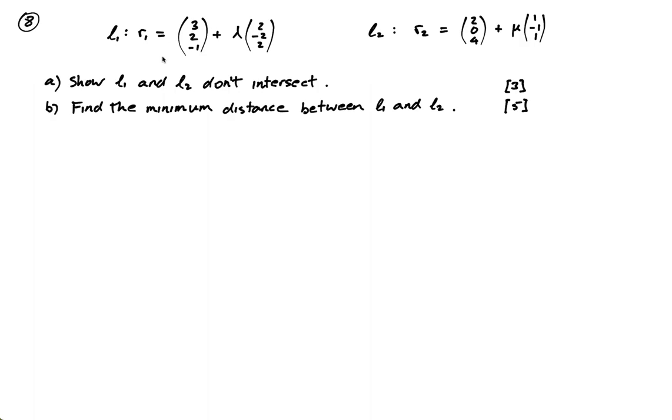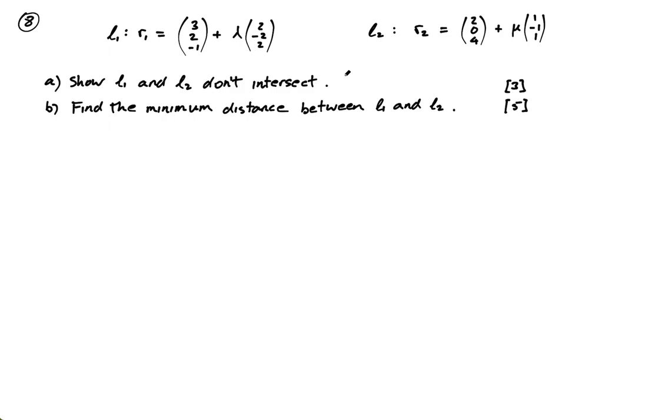Question 8. Two lines. It says show that they do not intersect. Okay, so you can see almost very easily that these lines are parallel, because this direction vector is 2, -2, 2 and this direction vector is 1, -1, 1. This is a multiple of this. So you could say that they're parallel, and you just need to show then that they're not the same